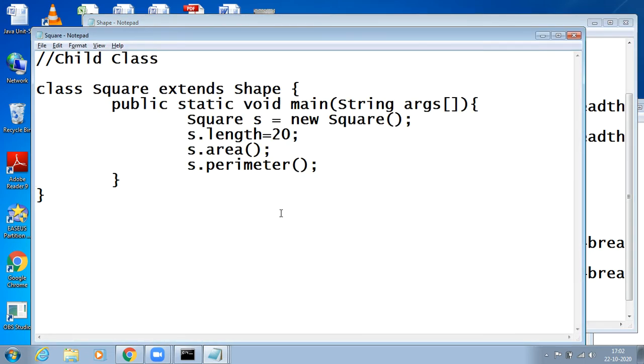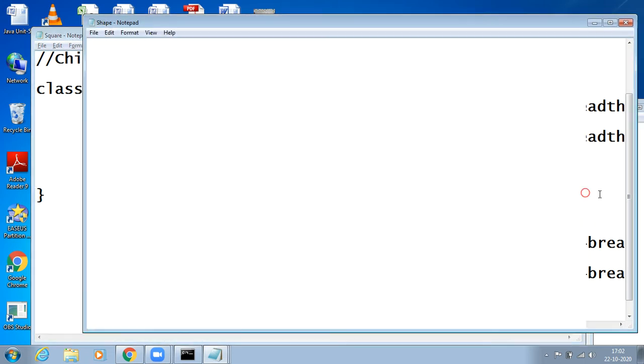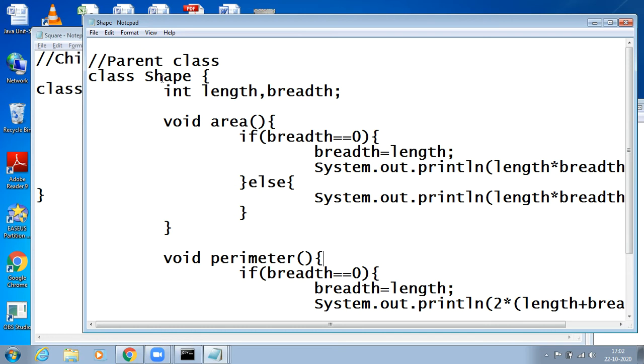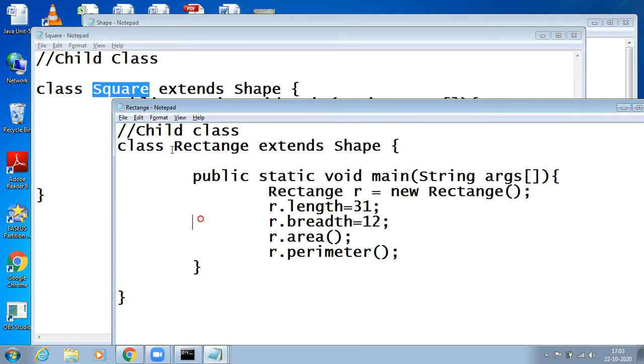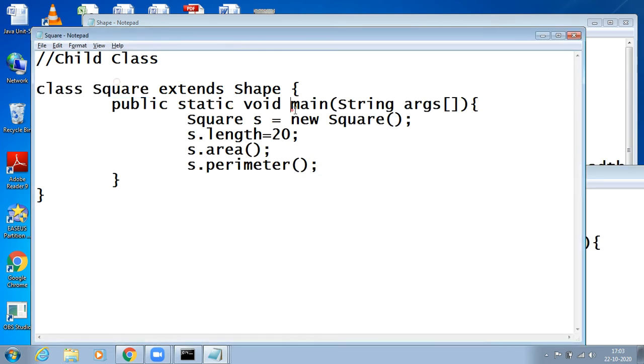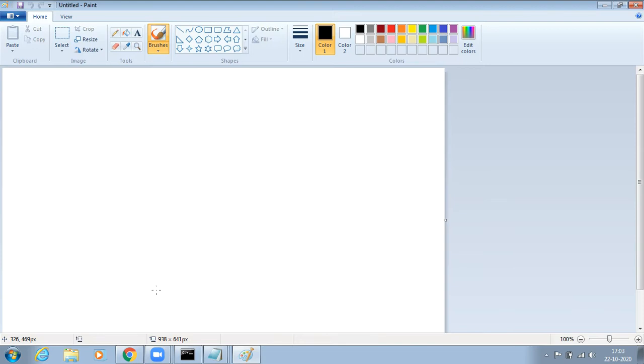So a simple example to illustrate the concept of shape having the properties and methods, and this is a child class called square, and another kind of child class we can have is rectangle. These two are two child classes. So now I can simply say that I have a parent class like this.